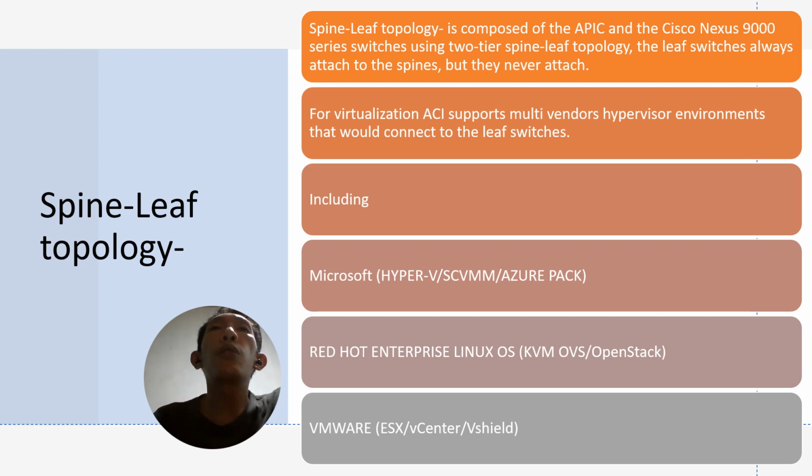Spine topology is composed of the APIC and Cisco Nexus 9000 series switches using a two-tier spine-leaf topology. The leaf switches always attach to the spine, but they are never attached to each other. For virtualization, ACI supports multiple vendor hypervisor environments that connect to the leaf switches, including